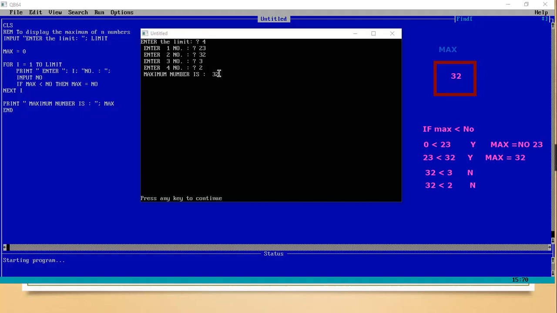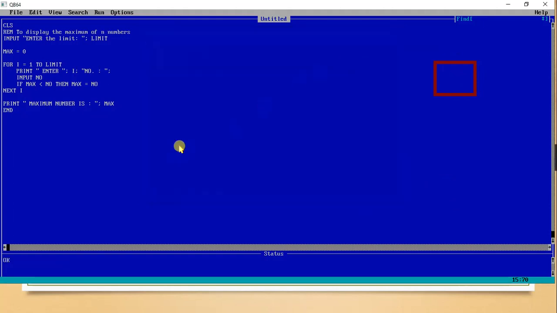So I hope you all have understood this, children. Now just to think, if my question, now let's just erase this. If I am saying that you have to do a program to display the minimum number of given n numbers. So just imagine if you are going to take minimum number, what all changes will be there. What will be the first change? Think on it, because when I am taking maximum, I have taken max variable and I have checked here for lesser than sign. Now you think what will happen if I want to do the program for minimum of n